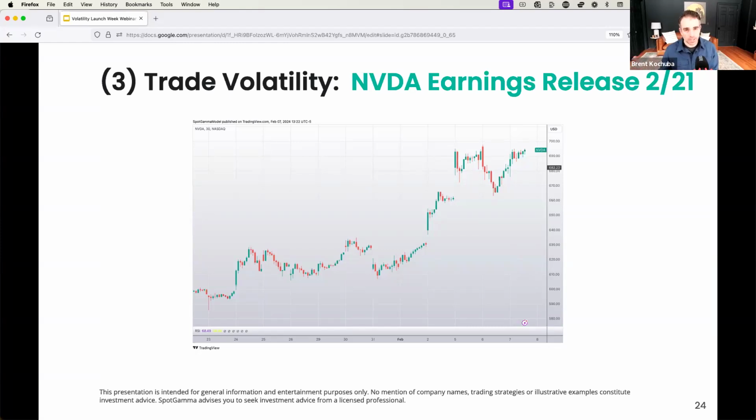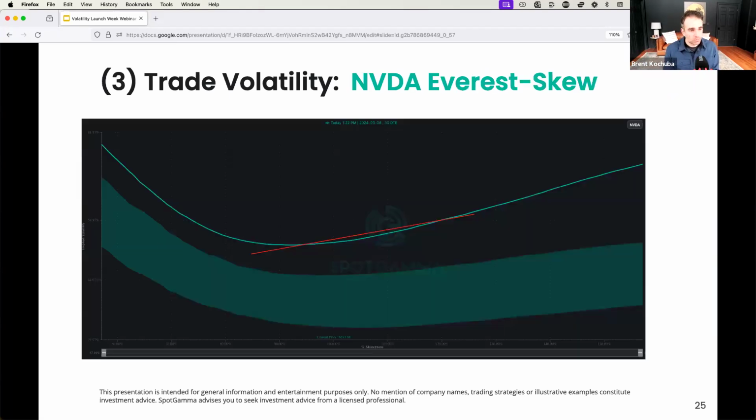And they're going to release earnings next week, which is 2/21. Now, this is one of the more wild call skews I've seen, and you can see here that there are incredibly bullish expectations. These are 1 month options, and this was taken from just a few days ago. So you can see that there's a very large call skew here. There's extremely bullish expectations. If you compare the current reading to, or yesterday's reading, I should say, market's down a little bit today, but if you compare this reading to where implied vol has been over the last 60 days,